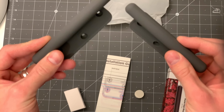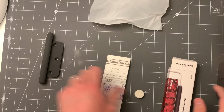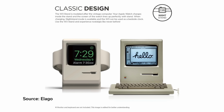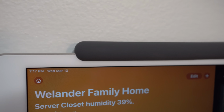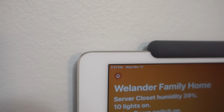So that led me to the Elago Home Hub wall mount, and this is from the same company that made those Apple Watch stands that went viral a little while ago, where you put your Apple Watch in it and it makes it look like an old Macintosh or others. They have other versions of it now too, but that company makes a lot of Apple accessories with this sort of rubbery silicone, and this is the same thing. It's just two pieces of rubber that look like rubber bars, and they hold your iPad in place